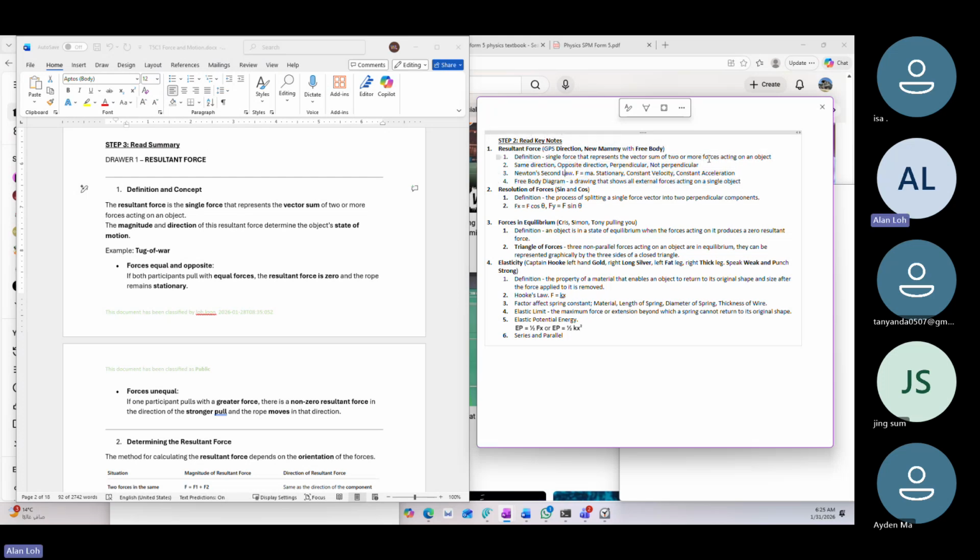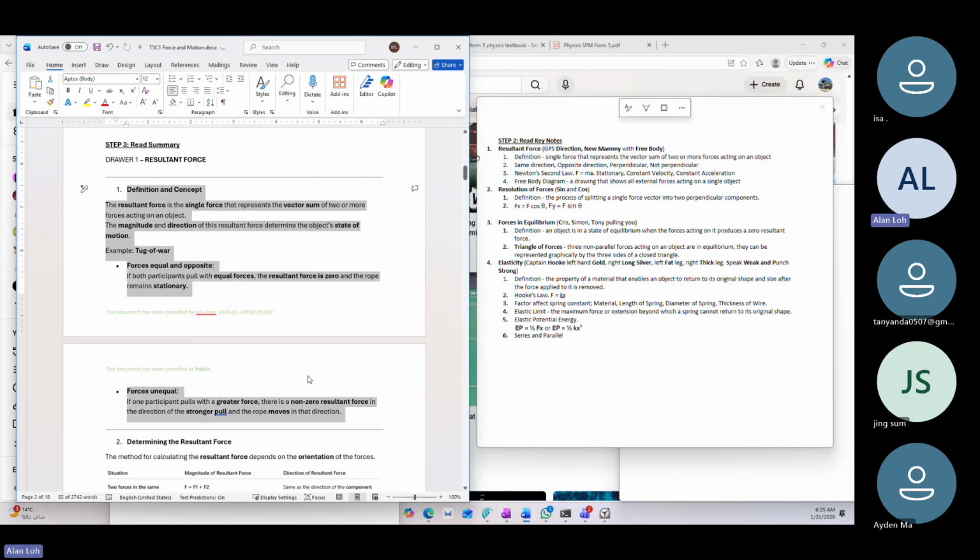In fact, you only need to focus on this small part. Numbers 2, 3, and 4 in this drawer number 1, you don't need to focus on, because this part is explaining the definitions. So without waiting further, let's try. I'm going to give you 1 minute. You read from drawer 1 until the directions,